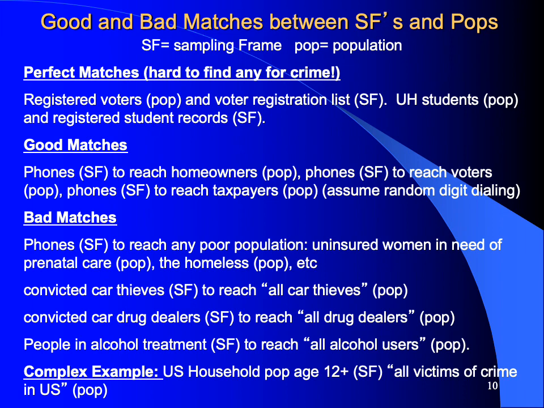victimization of crime. So when we use the U.S. household population aged 12 and older to represent everybody who might be victimized by crime in the United States, you can see how that misses a very significant portion of that population. So that's an example of an okay but not perfect match between a sampling frame and a